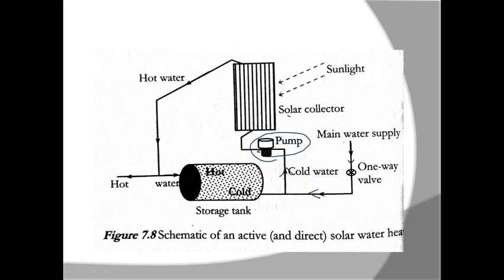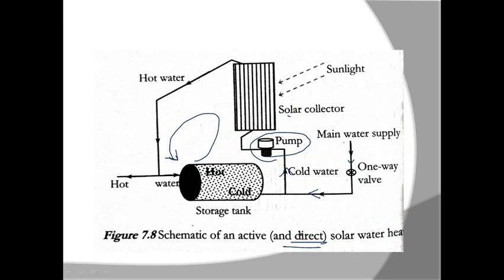Again this water will be pumped back into the solar collector, and the process will continue like this, getting the water more and more heated. So we can achieve very high temperature of water by using this active system. Whereas in a passive system, the temperature that can be achieved is a little bit less. So this is also a direct system, since we see no heat exchange fluid. The water which is used is directly pumped through this setup.